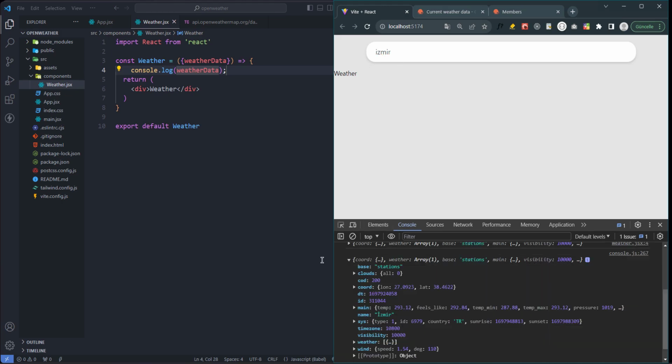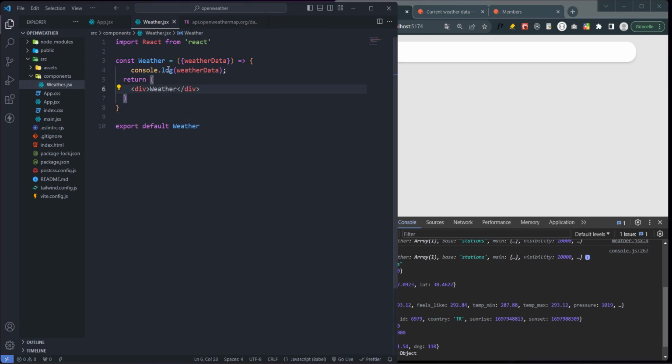Okay, that's it. Here is what we are going to do now, and delete that. And weather data dot weather: if there is weather information in weather data, it is true, and if not true, it is null. Okay. I created a div